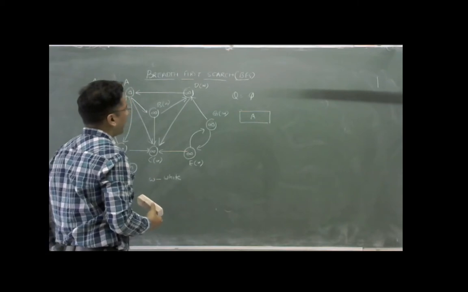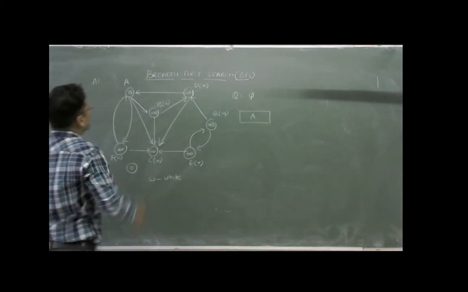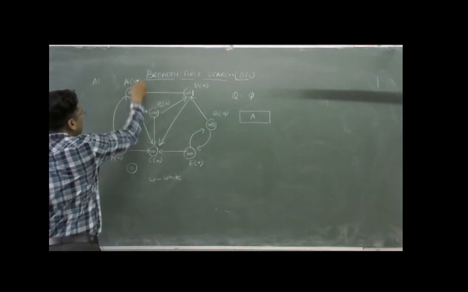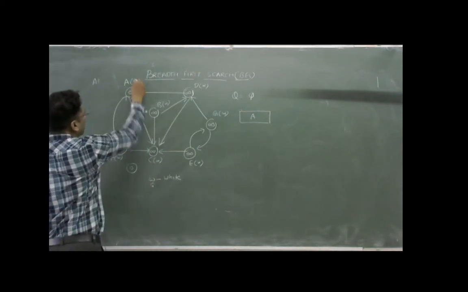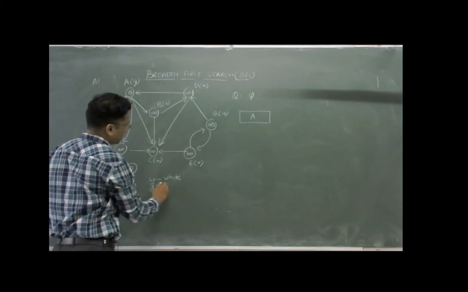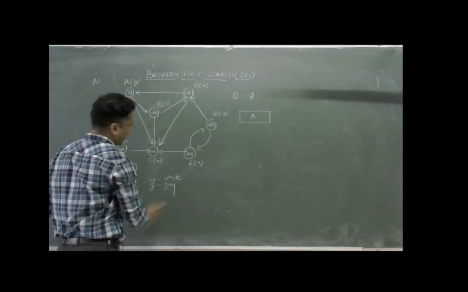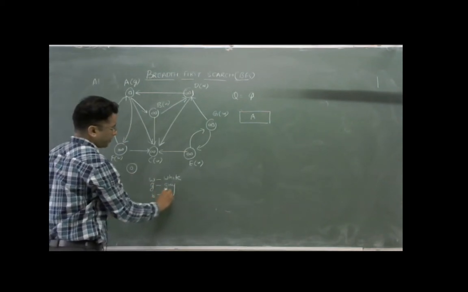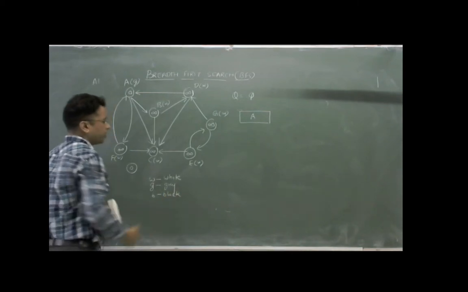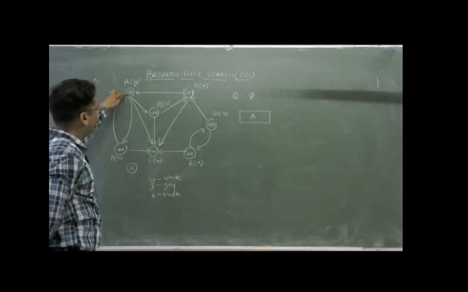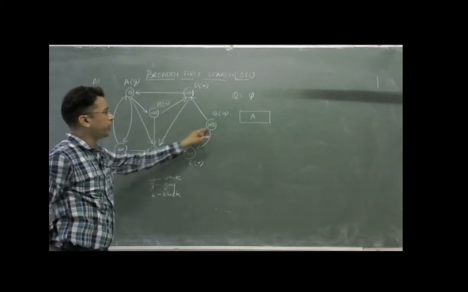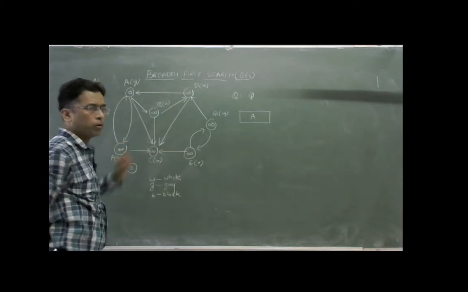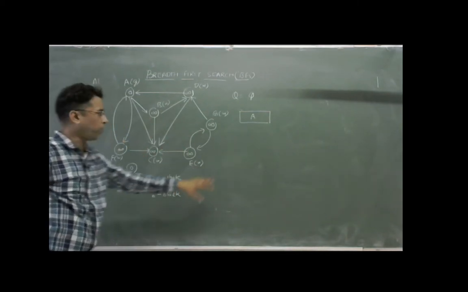So at the starting point, this is of gray color. G means gray, I am writing it small, and B means black, right? So at the starting point, since I have chosen A as the starting vertex, its distance is equal to 0 and the rest of the vertices are at value infinity. Okay, and their color is white.